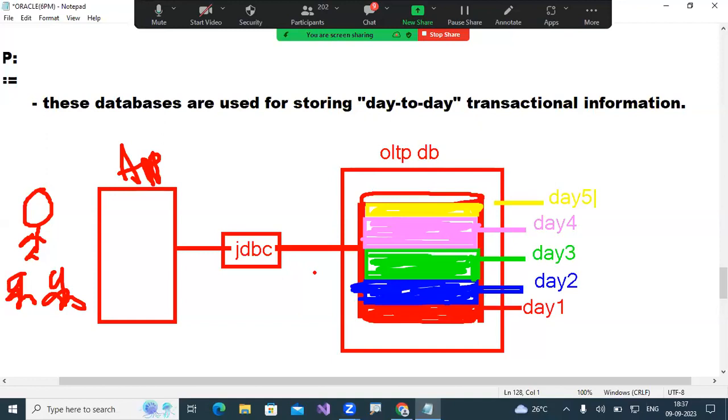So what do you understand? My old data is also important to me. That's why, if you go to banking sectors, you can ask them, sir, I want the last 1 year statement. You will get a 1 year statement, 3 year statements, 5 year statements. How do you get them? It is 2023, but I'm asking for the 2018 statement. That is my request to the bank manager. They will give it, yes or no? Yes. But sir, the present year is 23 and I'm asking for 2018.